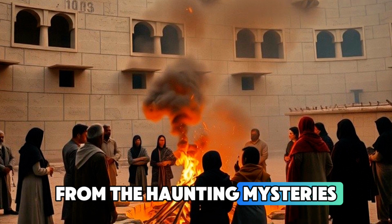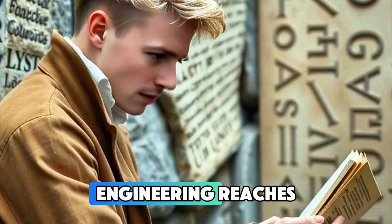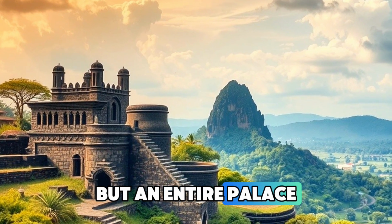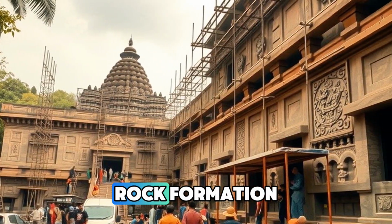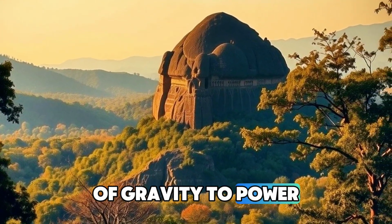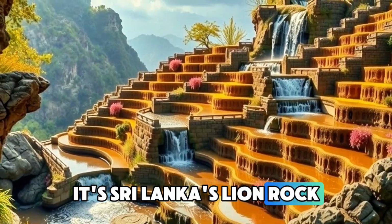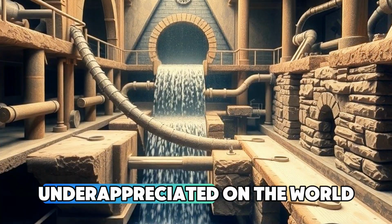From the haunting mysteries of Ranikot Fort, we now journey to a site where ancient engineering reaches literally new heights. Imagine constructing not just a fortress, but an entire palace complex with functioning water gardens on top of a 200-meter rock formation, all while using nothing but the natural force of gravity to power your hydraulic system. This isn't science fiction, it's Sigiriya, Sri Lanka's Lion Rock, a testament to 5th century ingenuity that remains woefully underappreciated